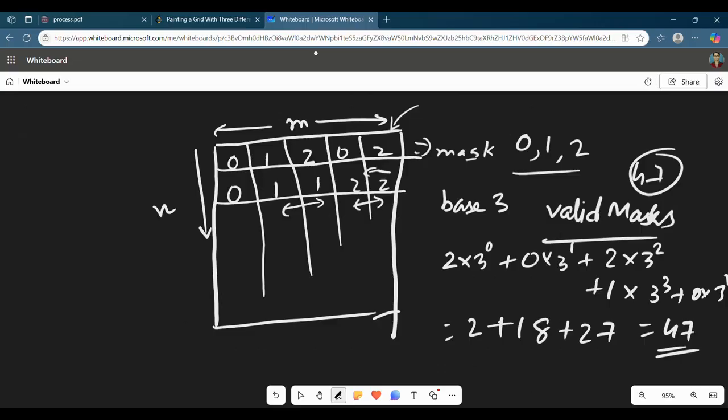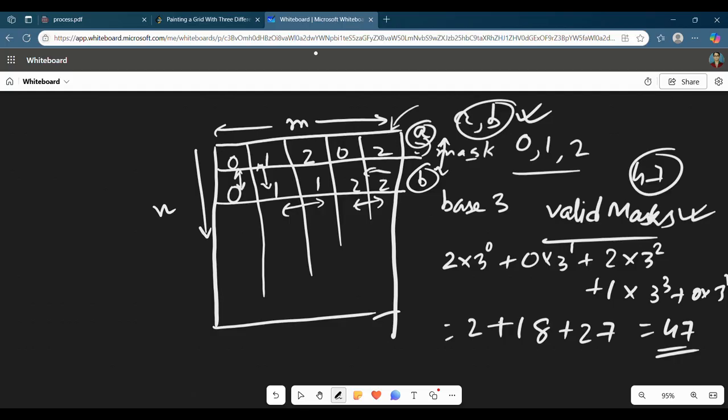Once you get the 2 masks, you have an integer a in the first column, the mask a, and the mask b. Now these 2 masks should also be compatible with each other. How will we verify it? You will verify it by traversing in this manner: zeros and zeros cannot be close to each other. These have to be different numbers. If they are different numbers in all the 5 places, then only mask A and mask B are compatible with each other. So there are two concepts here: first, valid masks, and second, compatible masks.